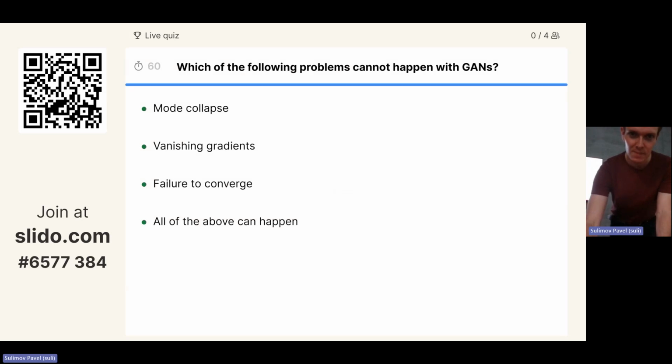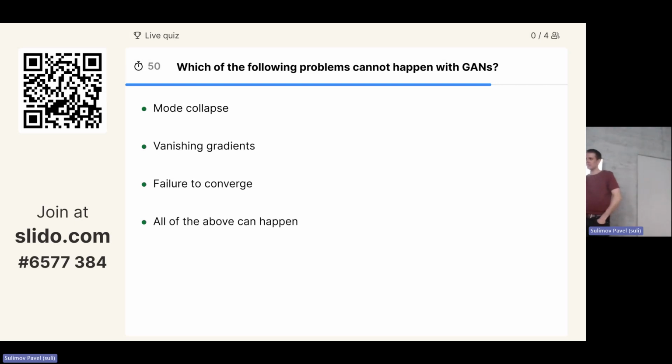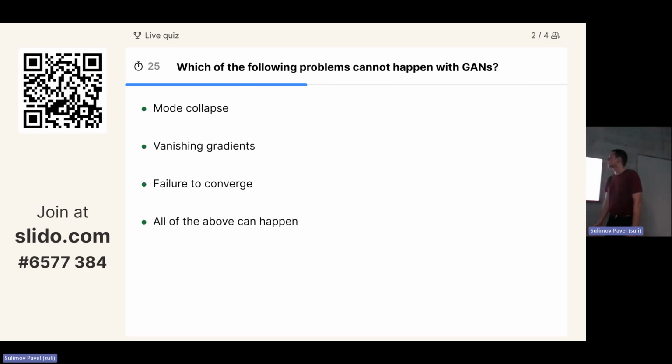So let's go. Which of the following cannot appear in GAN? Okay, we have time. I can explain to you. Vanishing gradients, yeah? As I told you, the problem is that the closer we go to the beginning, it already doesn't work. Failure to converge means that it is trying to generate something, but nothing happens, so it cannot train. Mode collapse means that it continues generating the same stuff. You gave it different money, but it continued generating Benjamin Franklin. So basically, these are the problems that might appear.